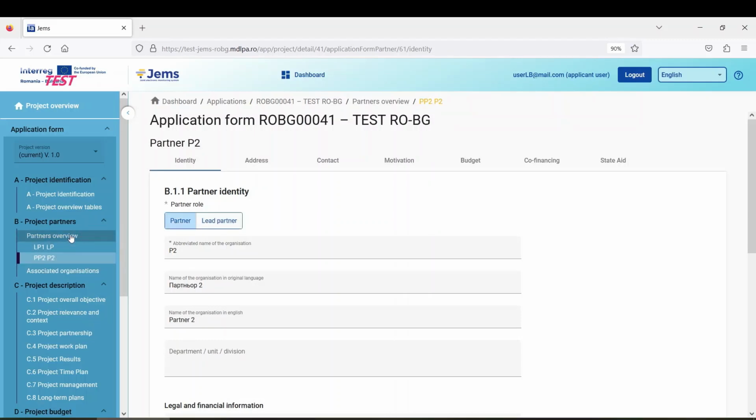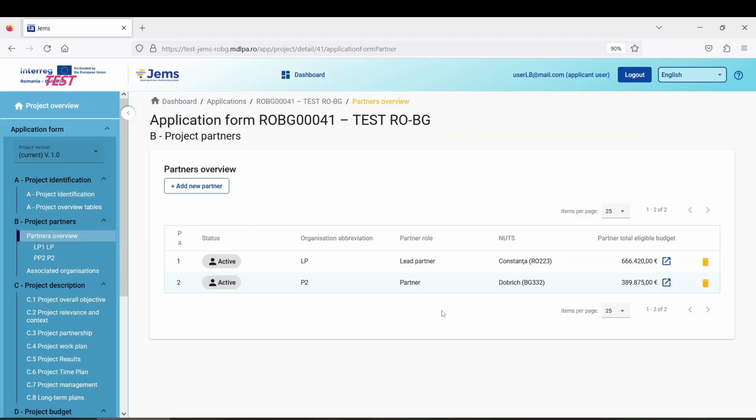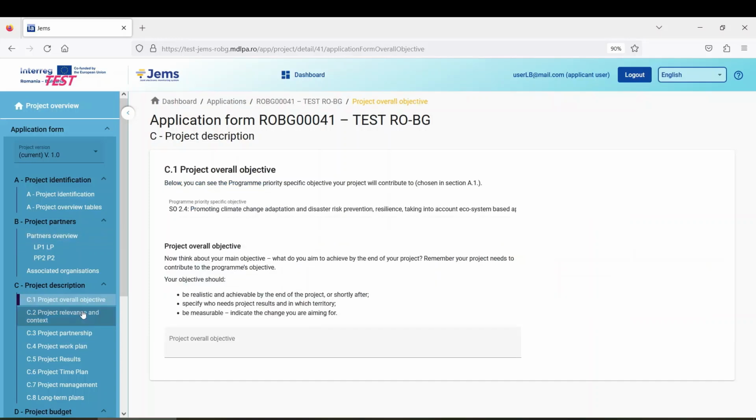And of course, if I go to partners overview, I can see the information related to both partners in a table over there. But now let's move on to the section C, the project description,